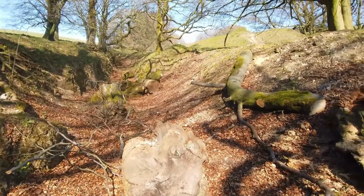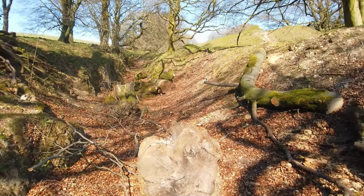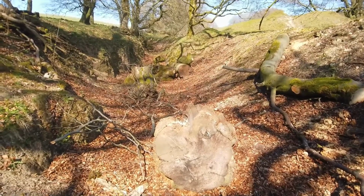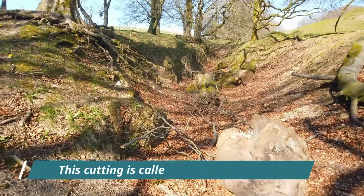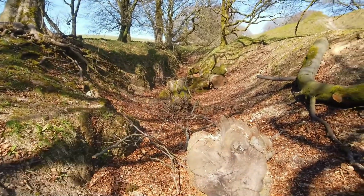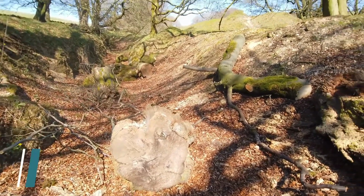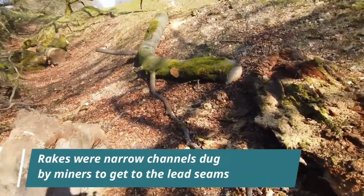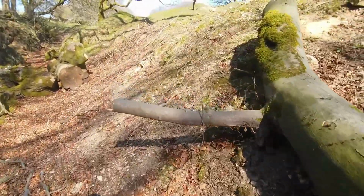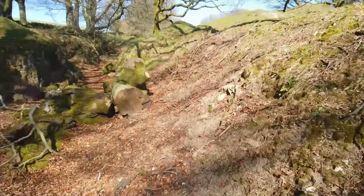It's basically the remnants of a disused mine. This particular mine being called Clear the Way Mine, and here you've got this cutting. You can see where they've actually channeled into a rock seam here on the left. You've got these now big tree trunks that have been cut, been lobbed and thrown down, but it is man-made. It's a man-made feature, but nevertheless, it's quite interesting